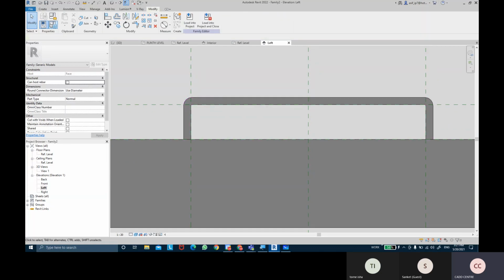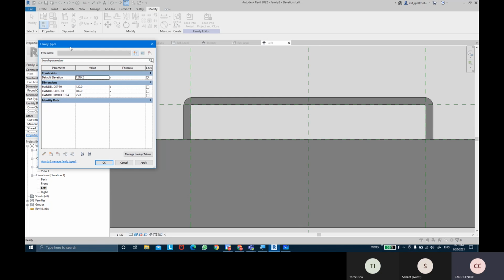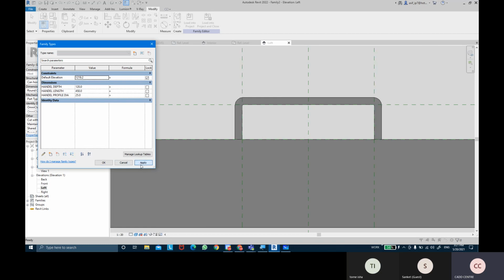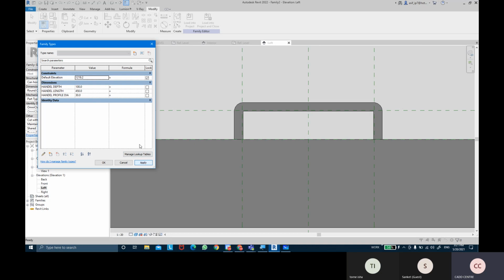And they are parametric. So if I want to change the length of the handle, which is 800 mm, which is quite a large size, I can make that 450. Apply it, and you can see it changes. It just reduces the depth. If I want to increase the diameter, I can also change the diameter, or I can reduce the diameter as well.